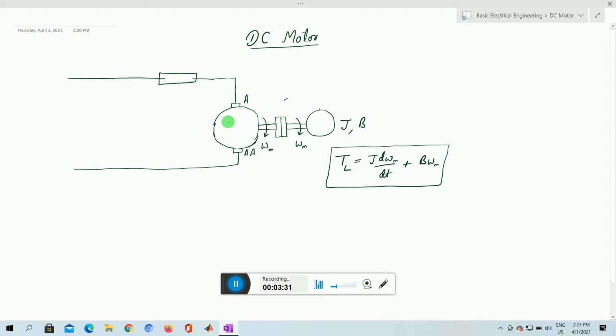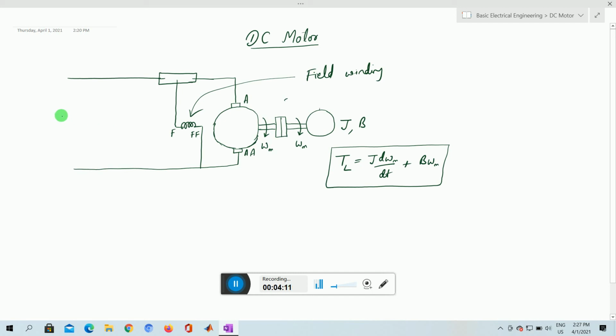Now how this conductor works, we will have a detailed explanation just after a while. We also need to produce a flux. That flux is shown as a coil type of thing, and it is connected over here. The start of the coil is given F and the end of the coil is given F. As we see A and AA, this coil has F and F, and this is called the field coil or field winding.